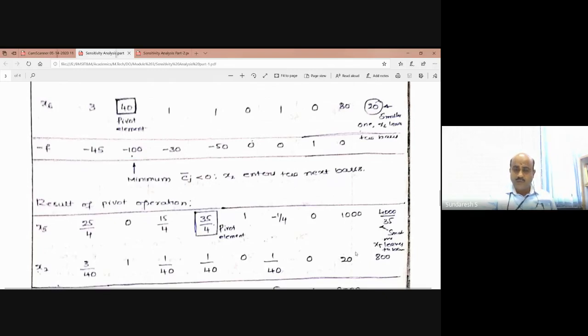So complete the filling of the tabular column for the X2 row by just dividing the values of the previous row by the pivot element. This is how we do it for the variable which is entering the basis. Please remember this. The values of the row in which the new variable enters the basis can be filled by dividing the values of the old row by the pivot element. So this is the old element row. Okay, old element is 3. 3 divided by 40, you will get 3 by 40. So this is how we fill the row for the new variable which is entering the basis. Clear?